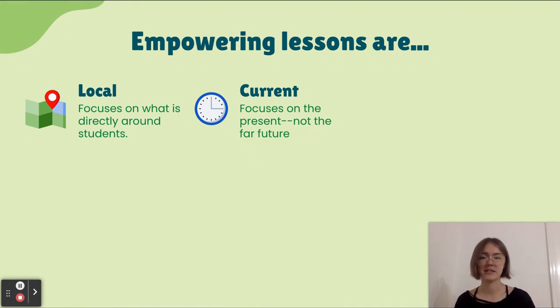So empowering lessons can't just tell students what they'll be able to do with a level of power they will grow into, but a level of power that they have right now, teaching them that even though you are a child, a young adult, at the moment, that doesn't mean that you are helpless, right? We do have power as we are. We may have more in the future, but that doesn't matter right now. What matters is that you can go and take action today, and this is what you can do.